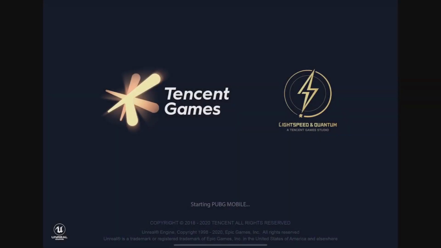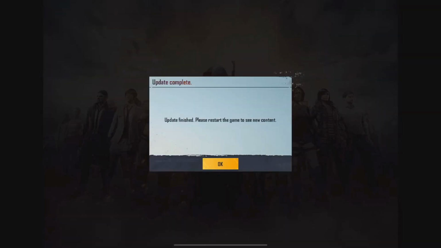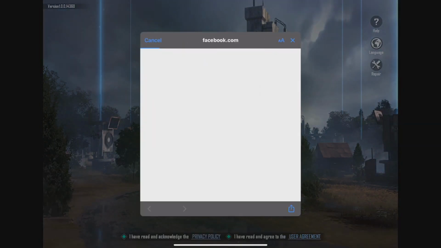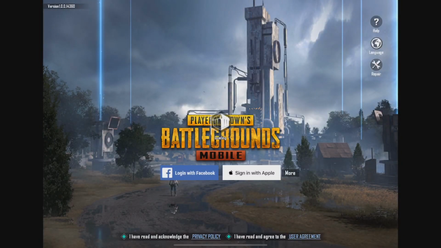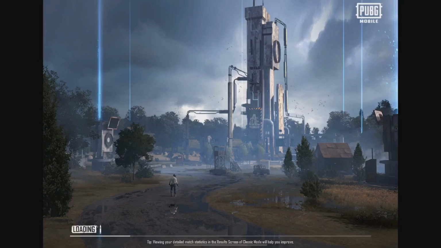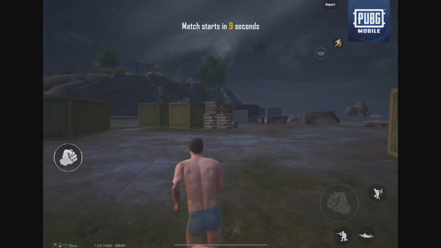As you can see, guys, I successfully installed it. Now let's open it. I am going to sign into my account, and some of the users are saying that if they sign into the new account, they are getting banned for 10 years. Let's see what happens to mine. So it successfully runs, so no problem for me, guys.